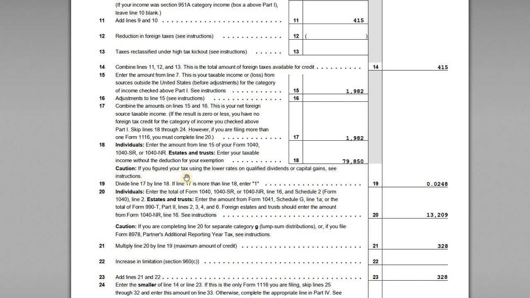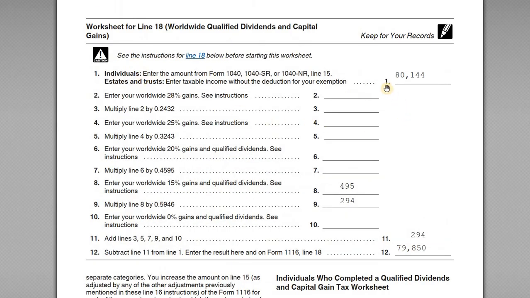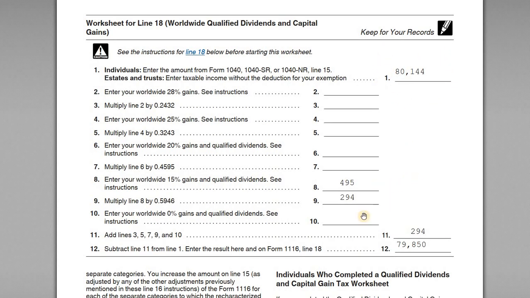So note the caution here. If you figured your tax using the lower rates on qualified dividends or capital gains, see the instructions. This is where the worksheet comes into play. In this worksheet, our starting point is our actual taxable income from page 1. So there's that 80,144 number. And then we enter